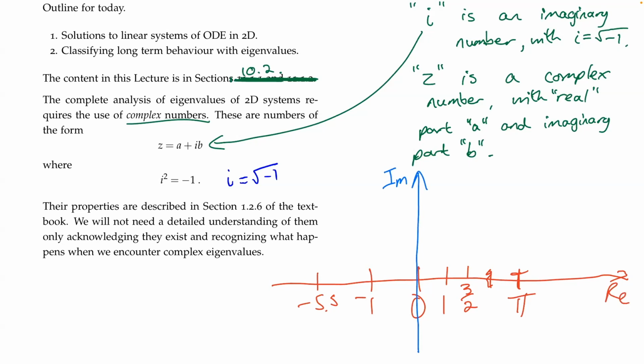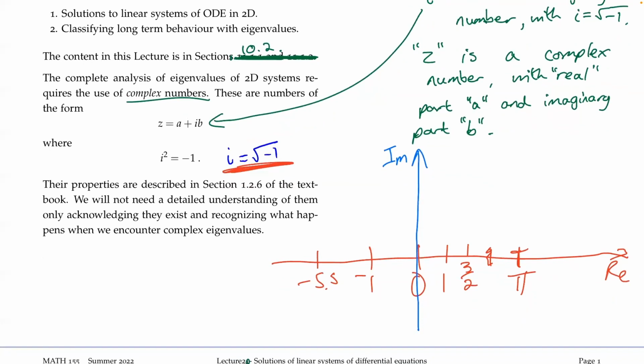What does this imaginary component actually mean? Well, we represent it by a lowercase i, and we define that to be equal to the square root of -1. Now, usually we can't take the square root of negative numbers, okay? But if we define i to be the square root of -1, then we can take the square root of any number, whether it's positive or negative,